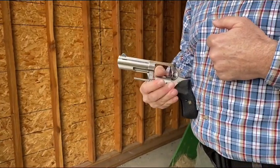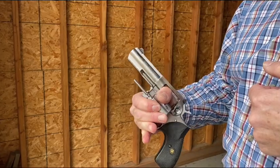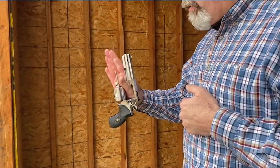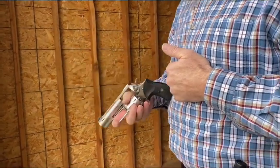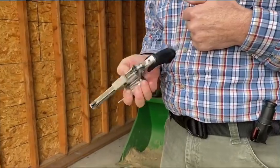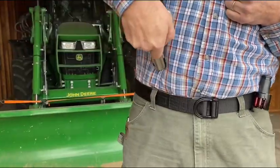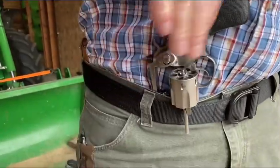I come through the cylinder window, and yes, I'm going to burn myself on the back of the forcing cone if it's hot, but I allow the revolver to hang on my thumb. I hit the ejector rod with my fingers so that I can get one good swift strike in it. I then roll the gun down, I grip the cylinder, I roll it around. This keeps the cylinder open, barrel goes into my waistband, ejector rod is outside, barrel is inside to keep it